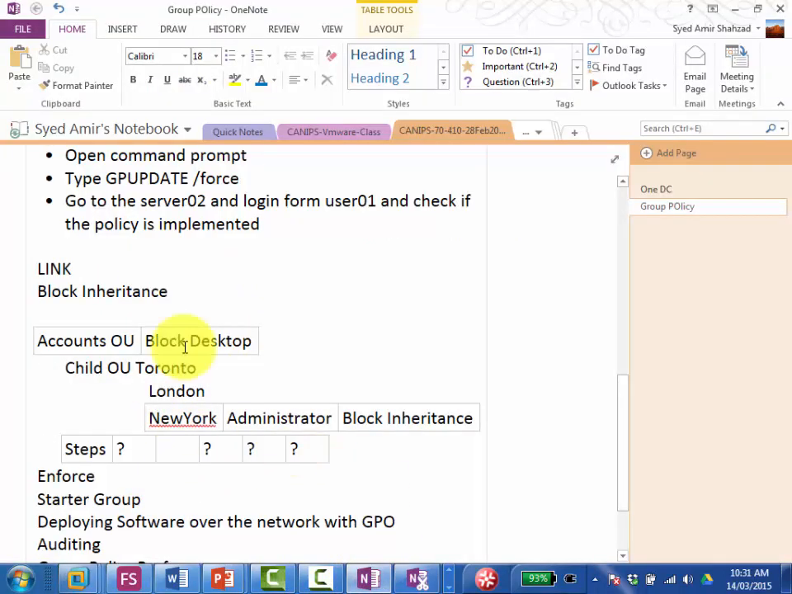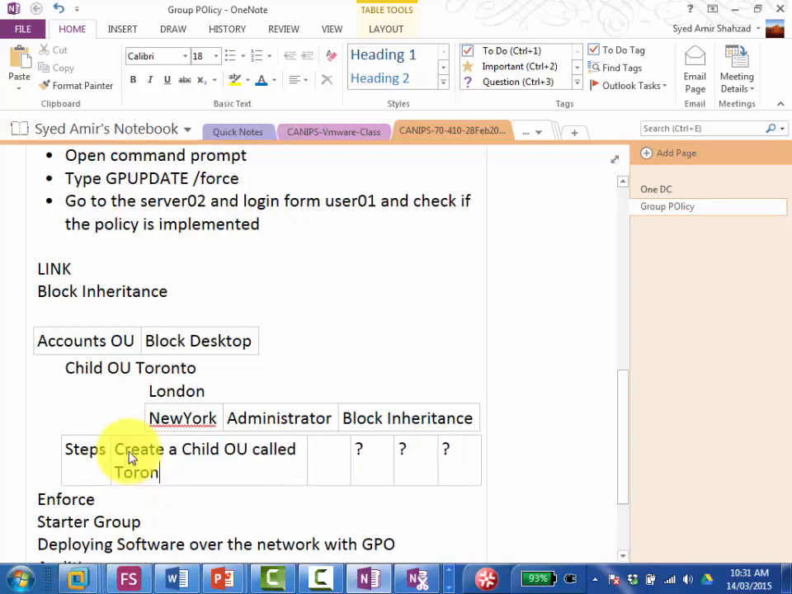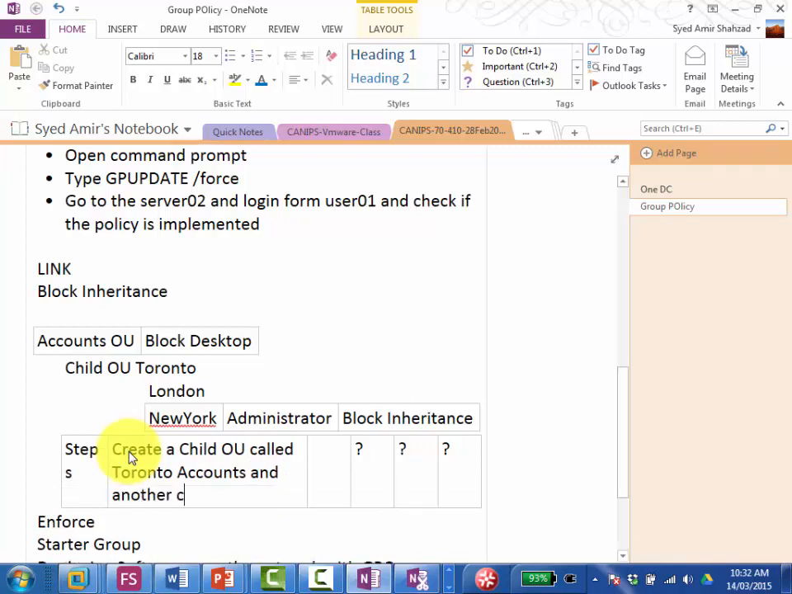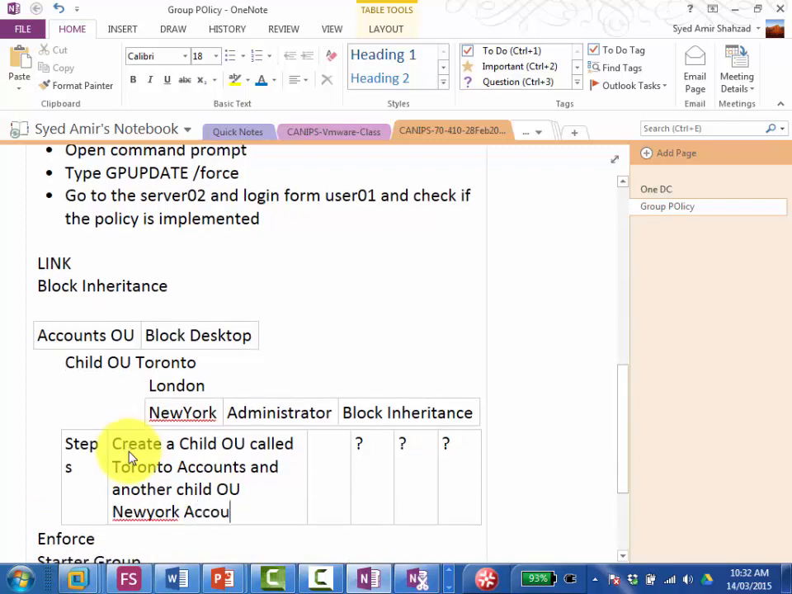So now I'm going to go to the steps. So create a child OU called Toronto accounts, and another child OU called New York accounts. Okay, next step would be